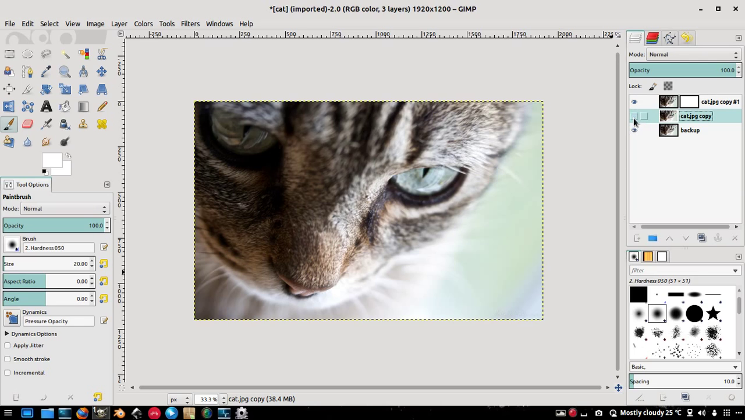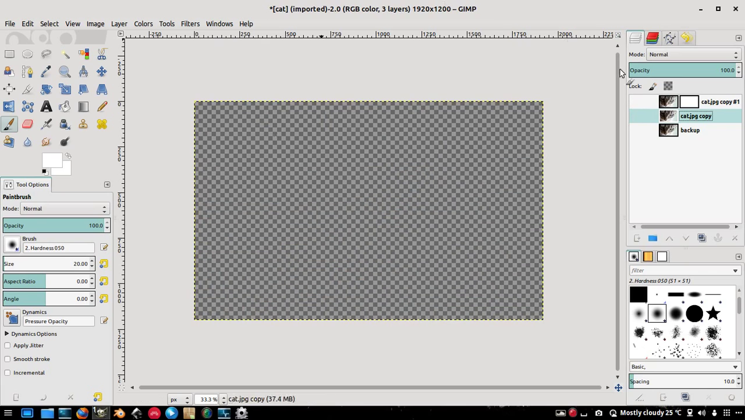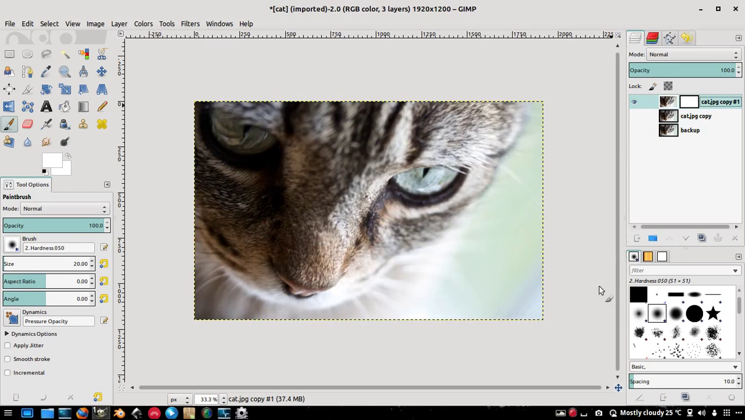Just uncheck that, and that will be hidden from the view. So if you hide this, you get the transparent thing, which means voidness or nothing. So I'm just gonna make the first layer visible, and I'm gonna click on the layer mask, and I'm gonna